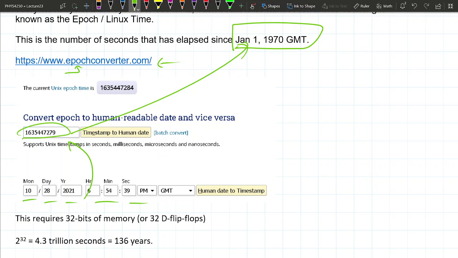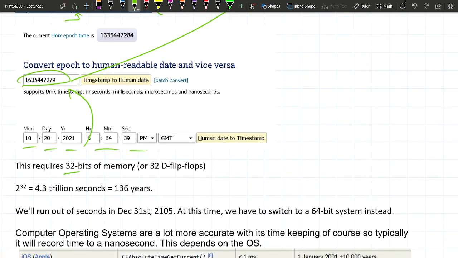In order to do this, if you have 32 bits of memory, 32 bits allows you to count up from 0 to 2 to the 32, because we don't have to care about negative time. There's no time before 1970, I guess. I wonder what happens when you try to enter a time in 1969 or something like that in the computer. It's just going to explode or crash or something. Anyway, 2 to the 32 allows you to count up to 4.3 billion seconds, or if you convert that to years, it's 136 years. So basically, if you have a 32-bit operating system, you're going to run out of time in